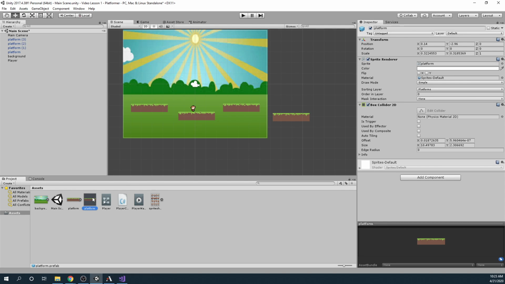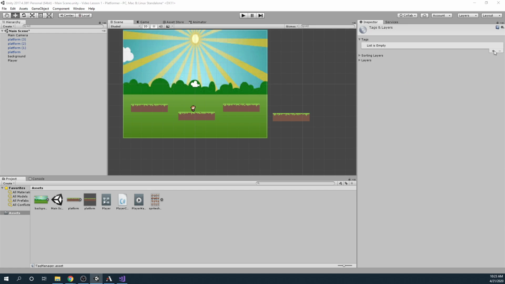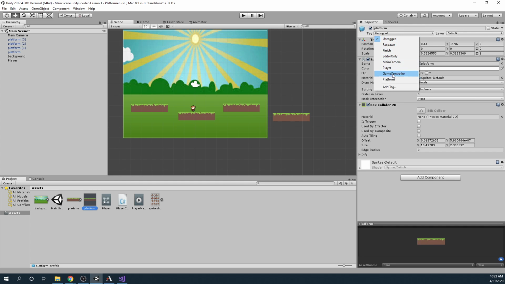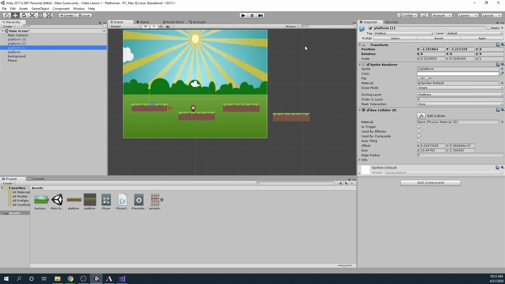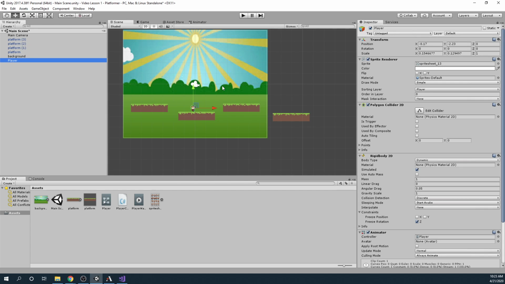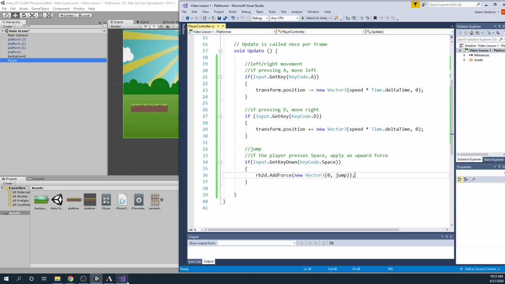So let's go back to our platform. We can do it on the prefab, and the tag is right here beneath the name. We'll go add tag, and we'll just tag it. We can add the platform tag, and that actually creates the platform tag, but to tag it, we need to select it again and grab that in the drop-down box. So platform. Okay? So that will be applied to all of our platform objects automatically. You see they all have the tag. That's one advantage of using prefabs. So we go back over to